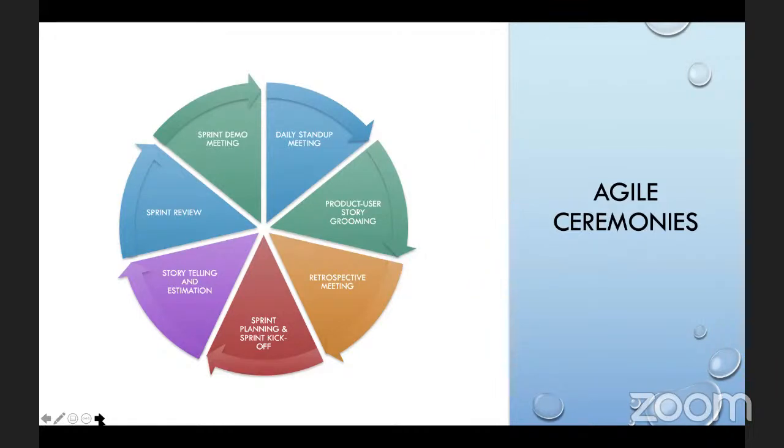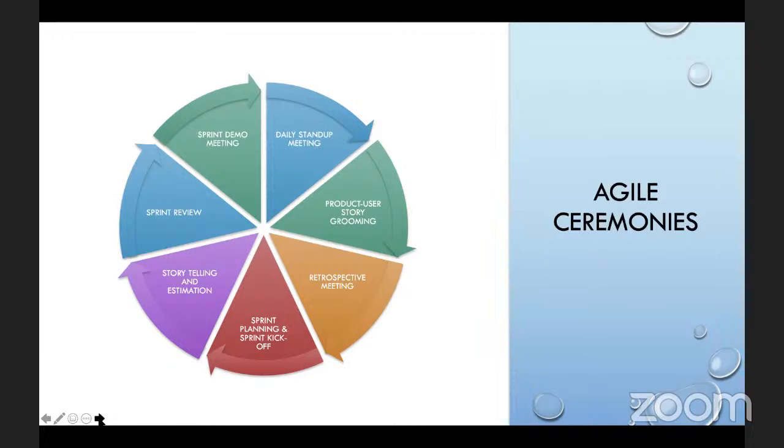Let's talk about sprint planning and the kickoff meeting. So the team also has a ceremony called sprint planning and sprint kickoff meeting, right? At the beginning of every sprint, the team will come together, just like we have the Scrum meeting, the daily stand-up meeting in the morning. Let's say yesterday was Monday. Let's imagine that last week Friday was when we ended our 2-week sprint, and yesterday we started a new sprint that is also going to run for 2 weeks, right? So yesterday morning we started a new sprint.